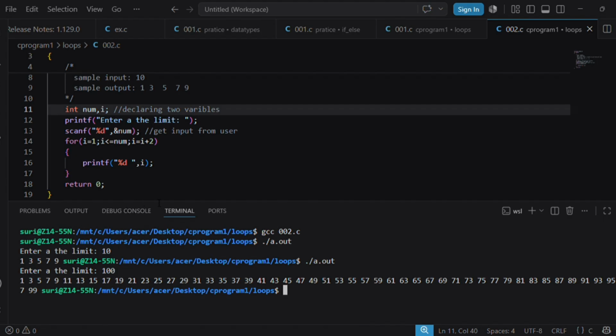We can go for 100 also printing. So in case I need to print this in reverse, like first 9, then 7, then 5, then 3, then 1, how can I do it? Let's go to the code.